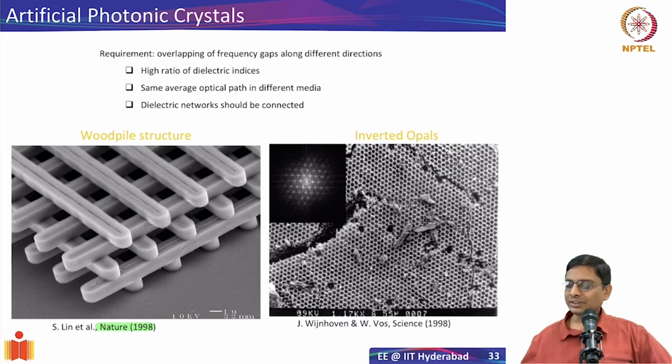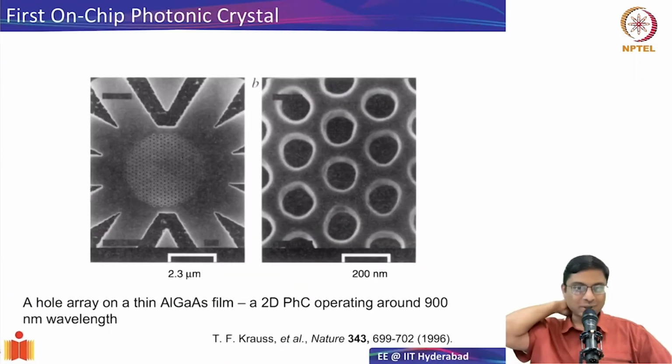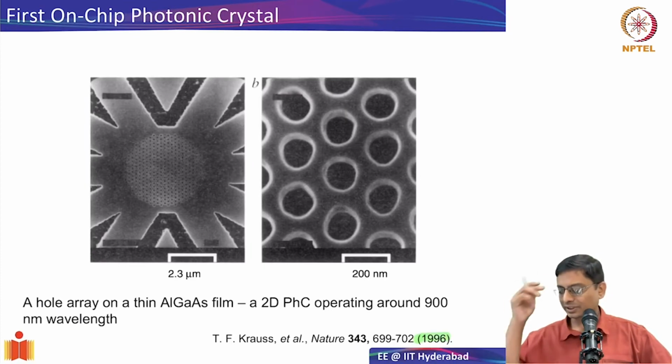So, what is the use of all this? Just one more historical fact: in the year 1996, Krauss and others showed one of the first 2D photonic crystals. This was operating at near IR in this case. They simply had the same idea of hexagonal holes arranged in a pattern, and then you can actually drill those holes in, let's say, gallium